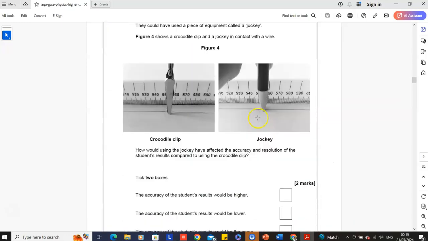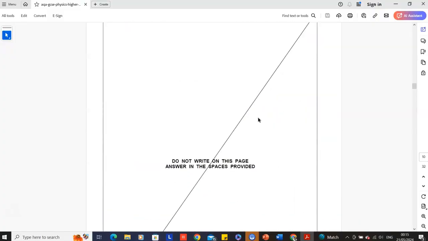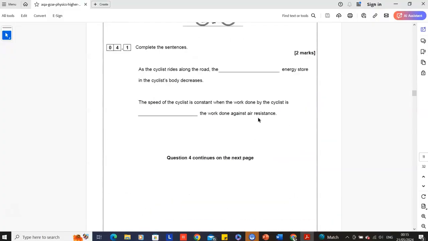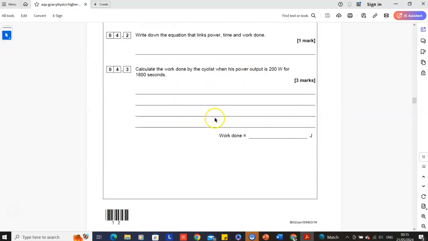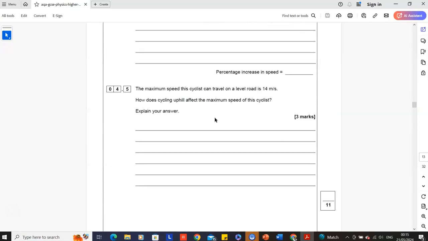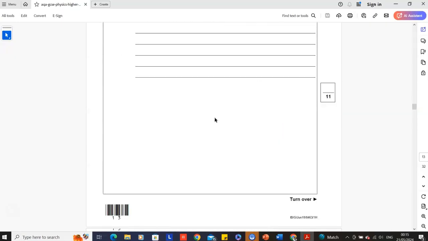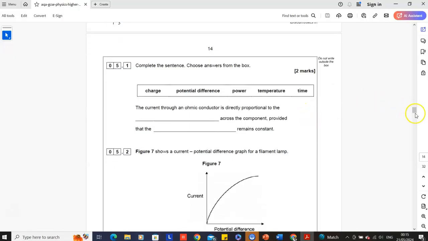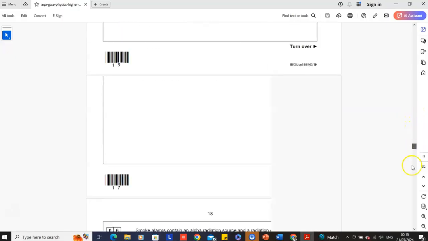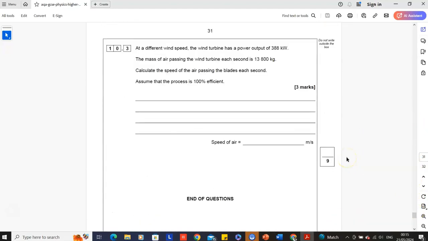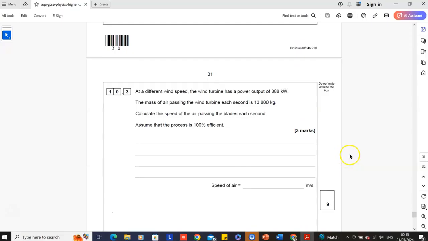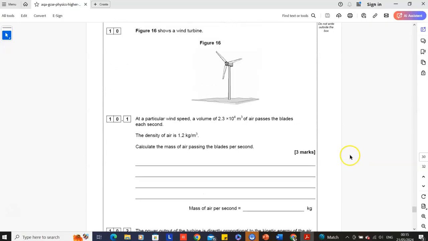In questions where you are doing calculations, I would strongly encourage you always to identify the numbers in the question. So a quick example of that can be seen here, where you've got to state the equation, which again use the data sheet for, and then underline these numbers in the question, again checking for units that you need to convert or not convert. The final thing to be really mindful of, just as you're going through the paper, which I'm just going to show you very quickly at the end, is that the questions increase in difficulty generally. So make sure that you plan sufficient time to make sure that you don't run out of time on the last question,